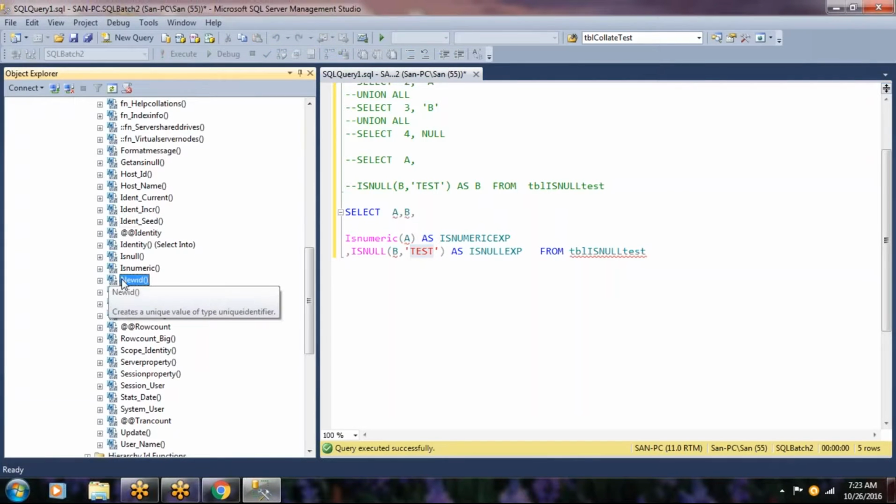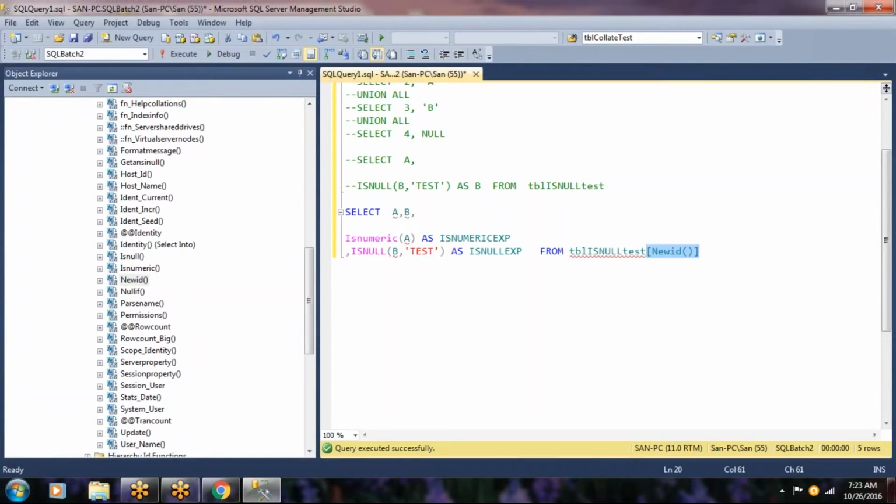And new ID, where will you create this new ID? Where would you be using this new ID? Select new ID.